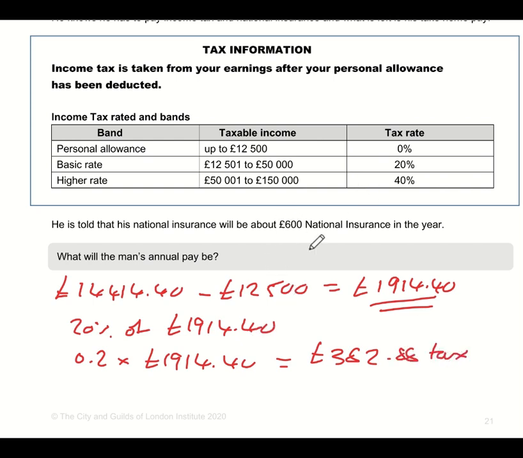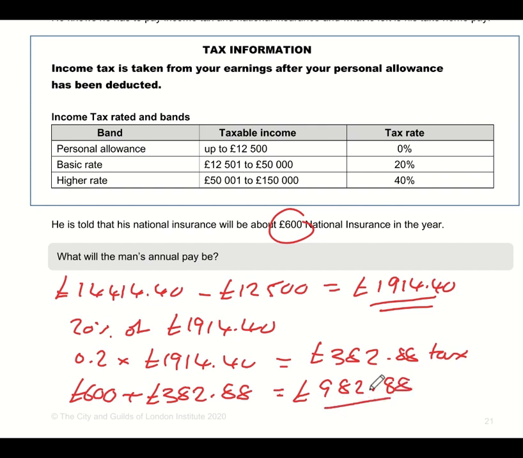He also pays £600 NI, so he won't receive 600, and he won't receive the tax either, of course. So these are the deductions. So the total deductions come to £982.88p. So if we subtract that from his annual salary,